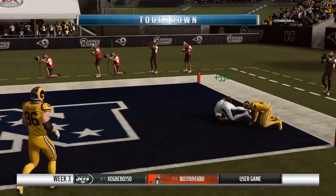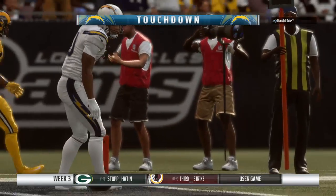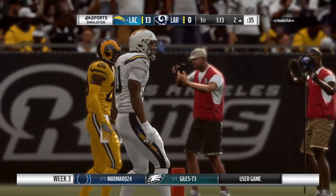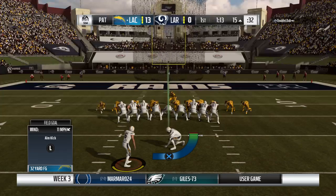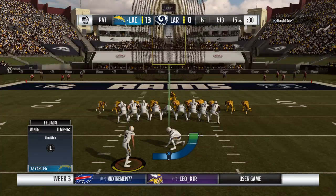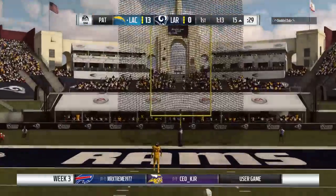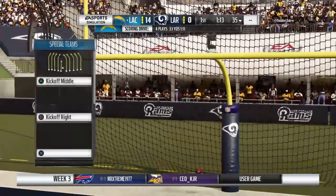And he will get in across the chalk for a Chargers touchdown. A great play there. His second touchdown on the season. And the Chargers are going to add on to their lead. Well, they decided to run it in and got it done on 3rd and goal. A lot of times, that's a passing play. And the kicker just has to come out for the PAT. He can breathe a sigh of relief as well, right? Although